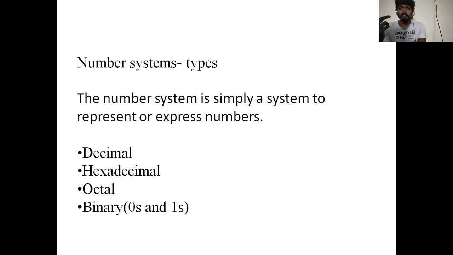Similarly, for the octal number system, we have 8 numbers, starting from 0 to 7. For the hexadecimal number system, we have 16 numbers, starting from 0 to 15. And for the decimal number system, we have 10 numbers, 0 to 9. All number systems are a combination of these numbers. For example, to represent a binary number, we can use either a 0 or 1, or a combination of zeros and ones. Similarly, for the octal number system, we follow the same procedure as in the binary number system.